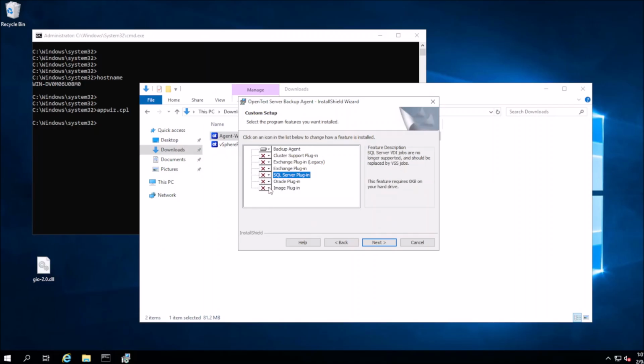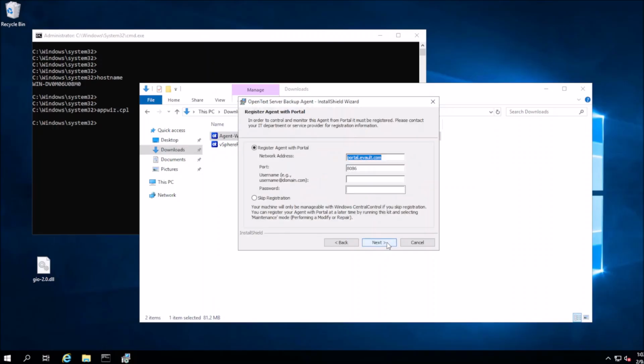If you're unsure, you can actually select all of them if you wanted to, and having the plugin available is not going to hurt anything. Basically, you'll just get an extra dropdown in the portal dialog box for the select action dropdown, and you'll see the extra SQL, Exchange, etc. Even though that particular software may not be installed, the plugin is still available. I'm just going to hit next on this one and continue out the install and put in my portal registration